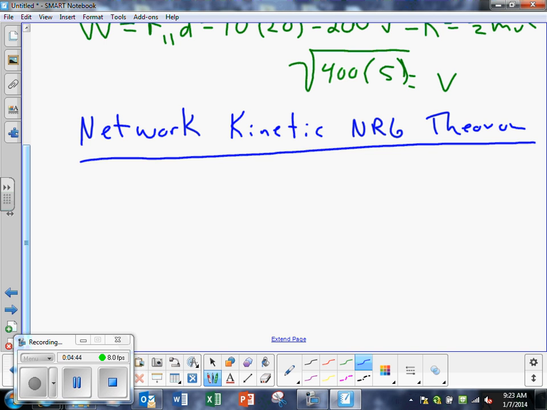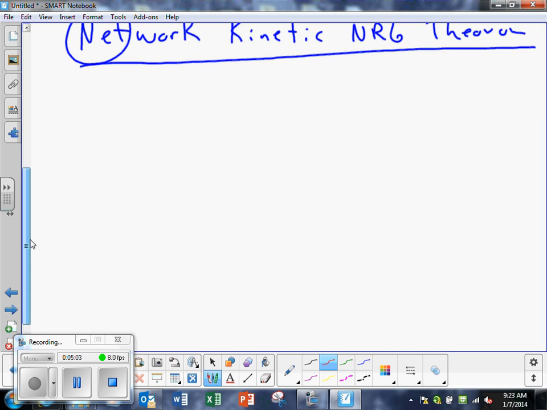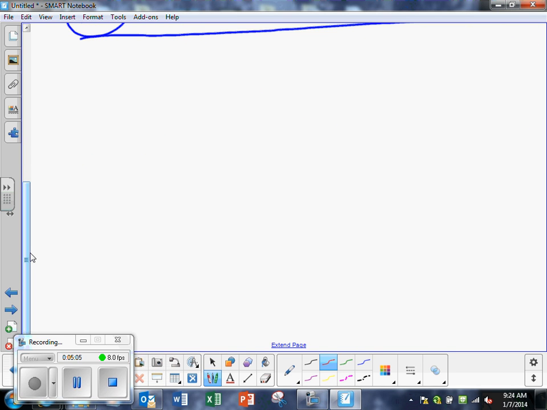So what happens if I have, net work would be after all the positives and negatives are added together, what do you have in the end? That's what net means, right? Versus like the gross. So let's talk about a situation where we have some negatives. Which if we're talking negative, we must be talking friction if my velocity is 0 in the beginning. So let's say that I have